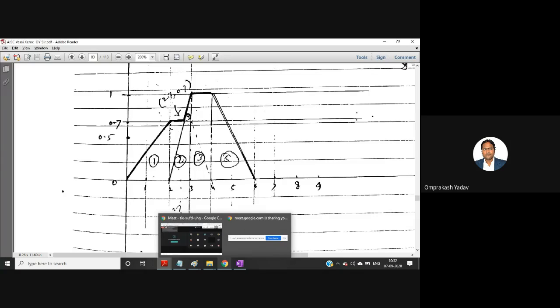See here, this is the bigger rectangle. This one, third area, is the bigger rectangle. I want to determine the area for this one. So the base is 1 unit, multiplied by the height, which is also 1 unit. So 1 into 1, I will get 1 only, the area. Then if I want to determine the X bar for this particular figure, since this is 1 unit, I will divide this by 2, I will get 0.5. And this particular point is how far from the origin? From the origin, this is already 3 units, 0, 1, 2, 3 units, and plus this 0.5, so it's 3.5. X bar will be 3.5.